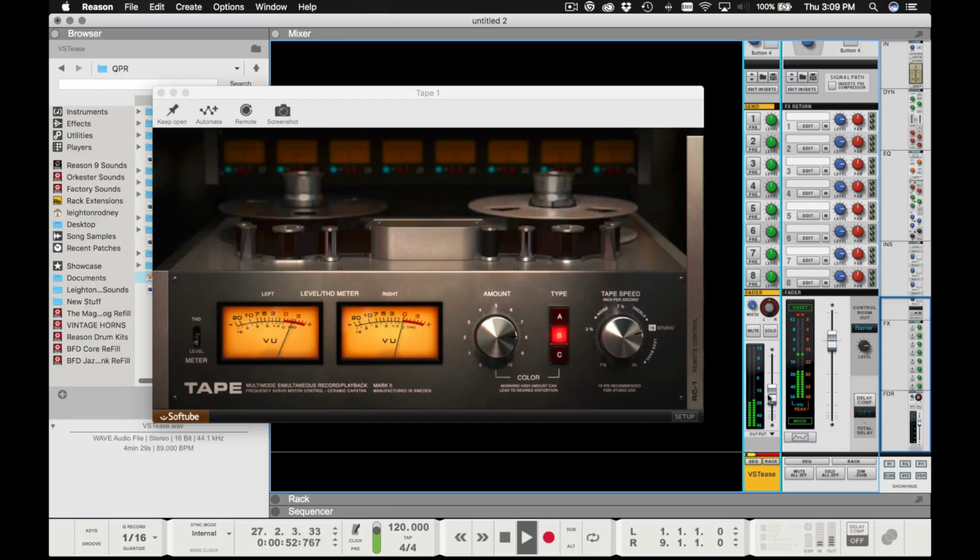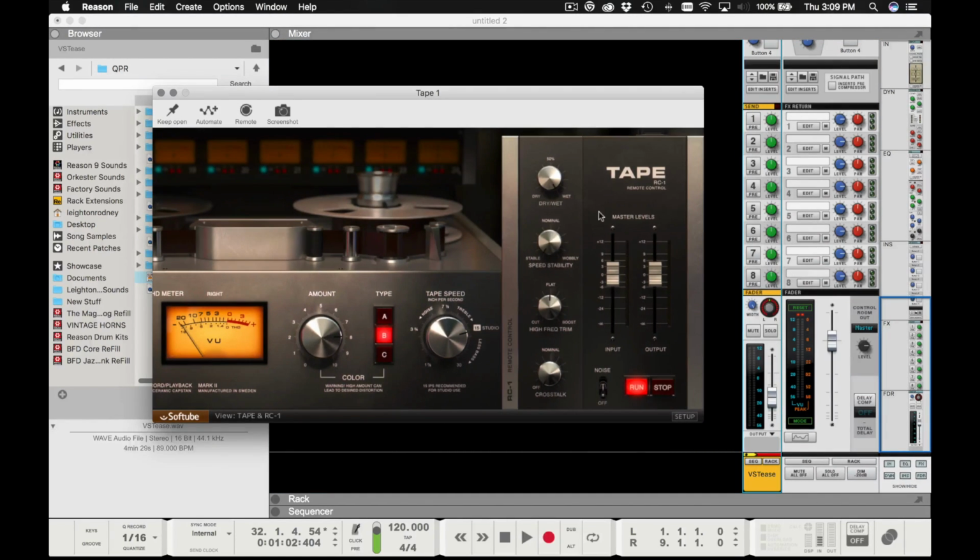As I said, there's much more that we can do below the surface to this plugin. So I'm going to show you really quickly. I'm just going to stop. On the right hand side here, there's this remote control sidebar, I guess you'd call it. If you click on that, you get a little fly out menu, and then you see there are more things that we can tweak. You can tweak the dry and wet signals, how much tape you want versus the dry signal. And my favorite,